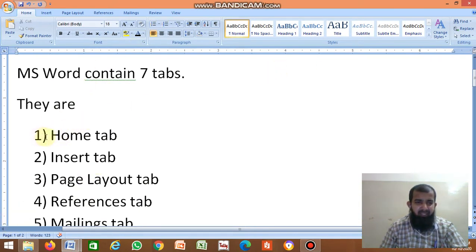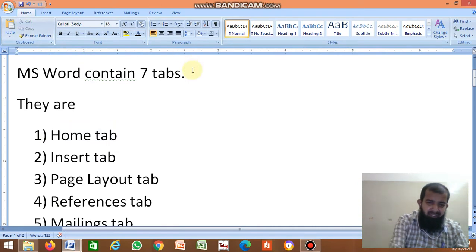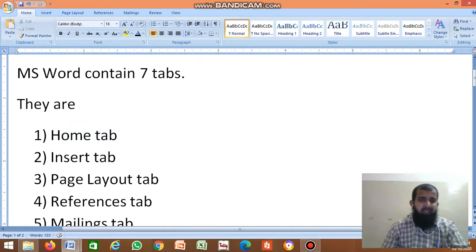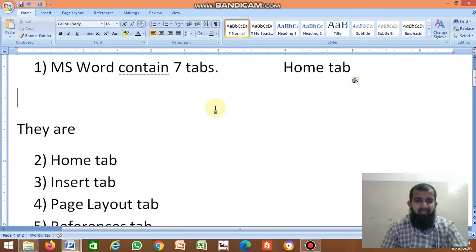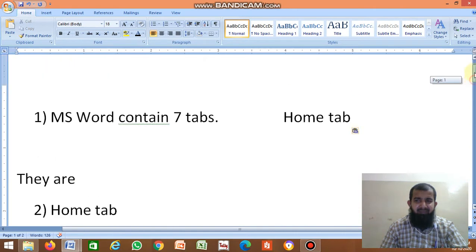Now what I do, just select it. First step is select the text. Second, go to copy. Then place the cursor where you want to paste, suppose here, then click on paste. It displays here. It is available here as well as here also. It displays in both positions. Clear, no?